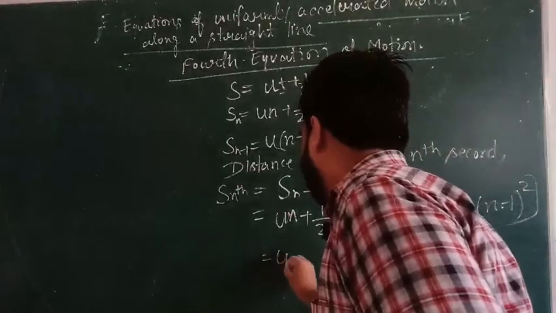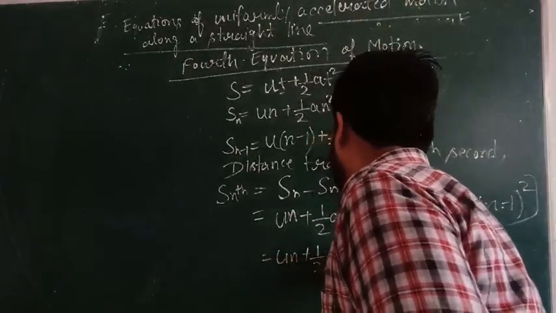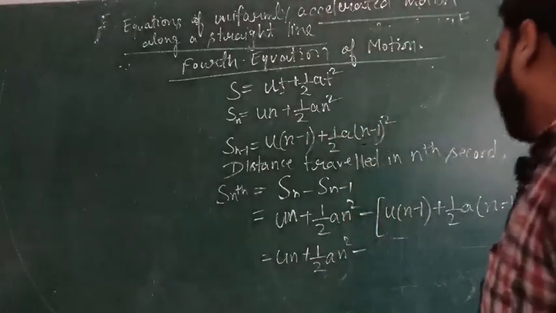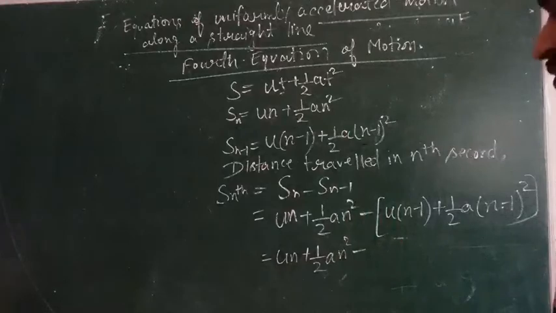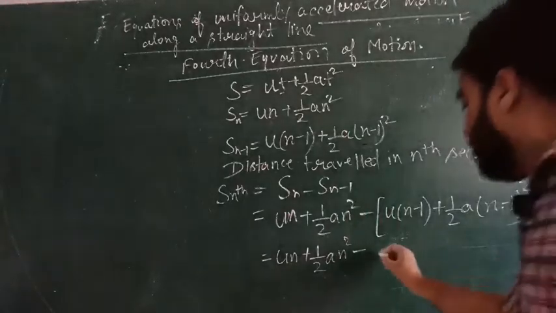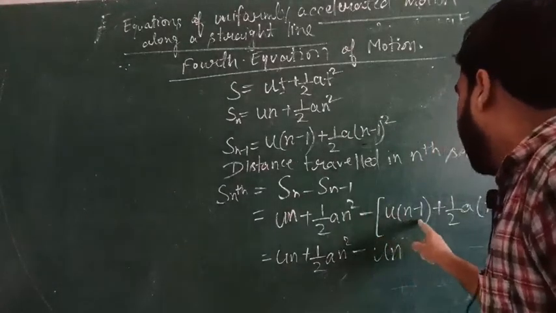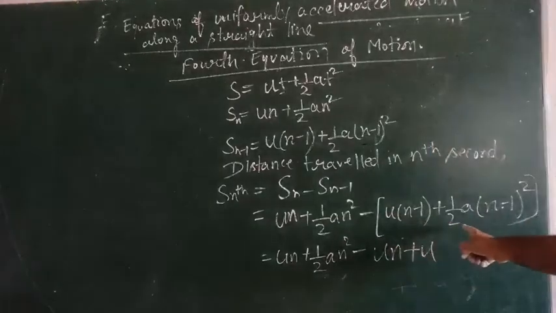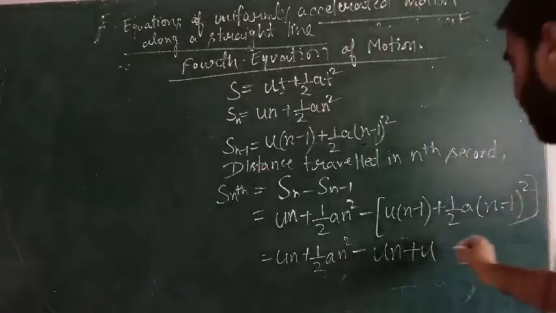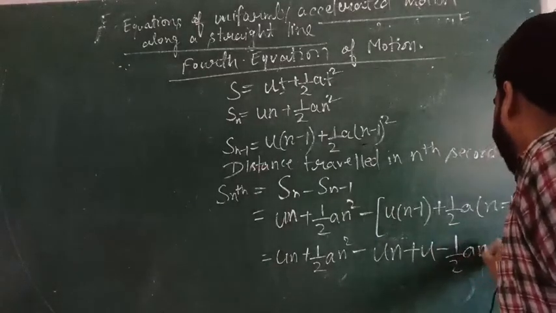So un plus half an square minus, outside the bracket a negative sign is there, so all signs are going to change. This will become minus un, minus u, it will become plus u, then plus half an square, this will become minus half an square, then